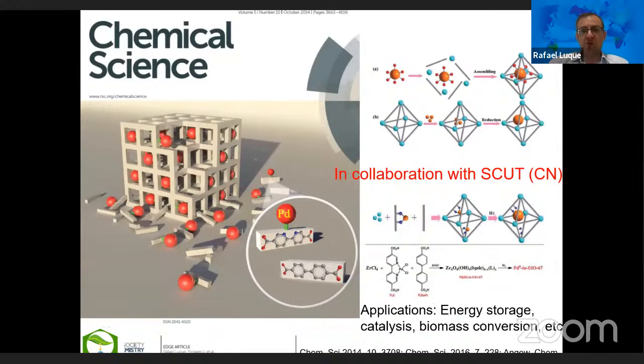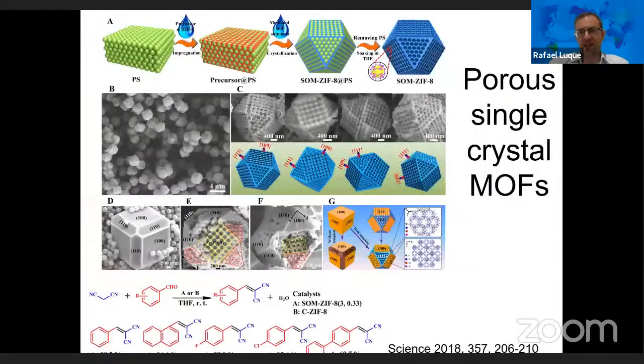And perhaps the most remarkable feature of these materials in terms of porosity and in terms of catalytic activities came up less than 3 years ago in Science, in which we reported the design of different porous single crystal MOF materials derived from ZIF-8 that you see in there, that were synthesized using a very simple template type of approach using polystyrene beads. So following a simple impregnation, crystallization, and soaking in THF to remove the polystyrene bead template, we were able to achieve an unprecedented